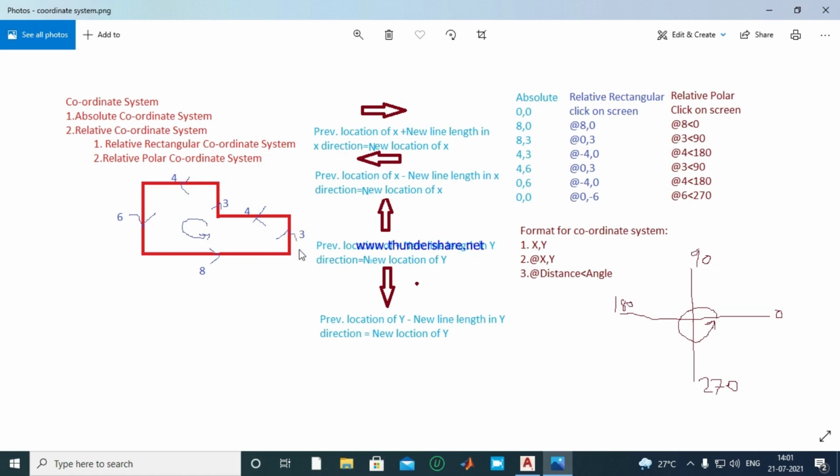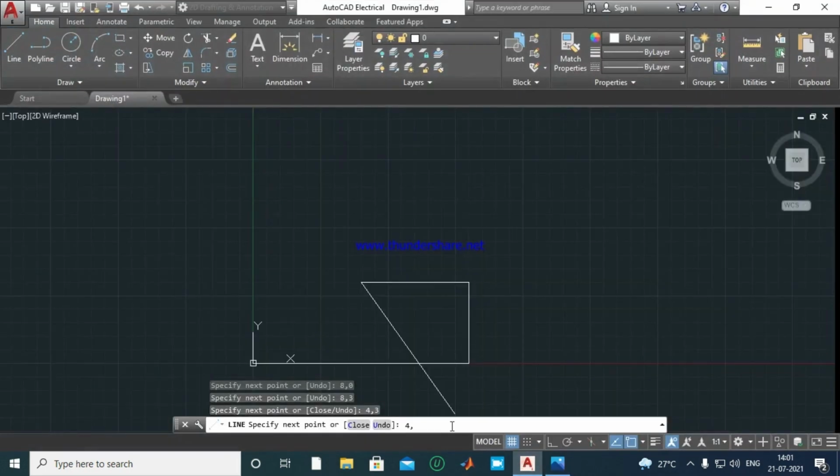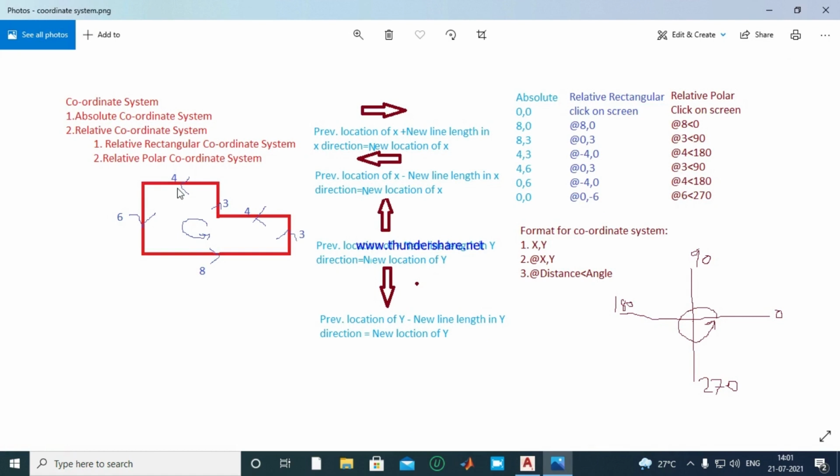So the previous value of y is 3 and the new value is 3, so that is why you are getting 6 here. So I am entering 6 here. Okay. Now next I need to draw the line in backward x direction. So how much is the length? 4. So here the previous value of x is 4 minus the